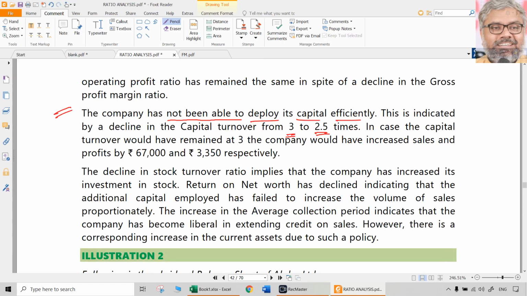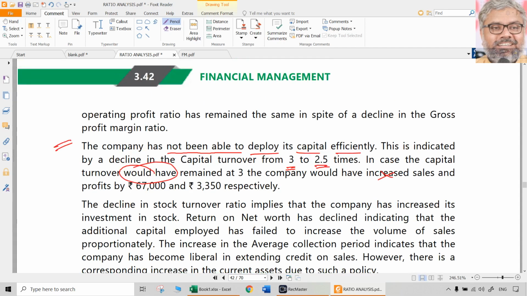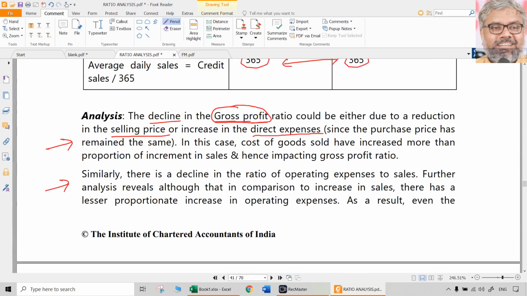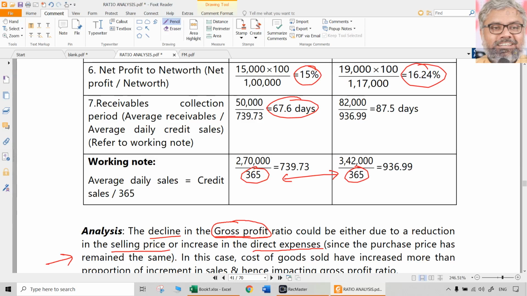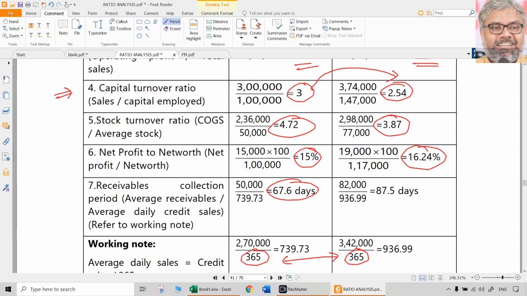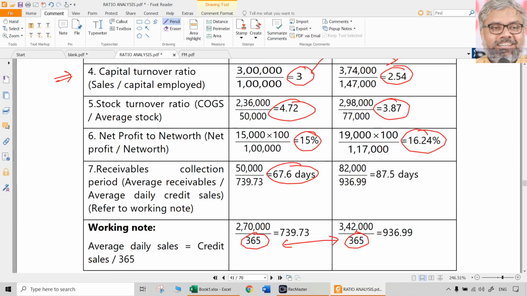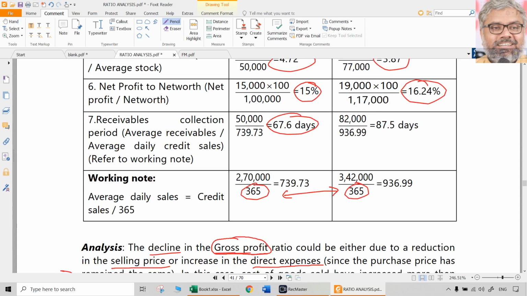All these things, if, in case, would have remained, could have, are not analysis. Those are all speculations actually. So that is not required. Academically, I wanted you to know that this could be a way of understanding things, but from a presentation point of view, in an examination, you don't have to go into all those.